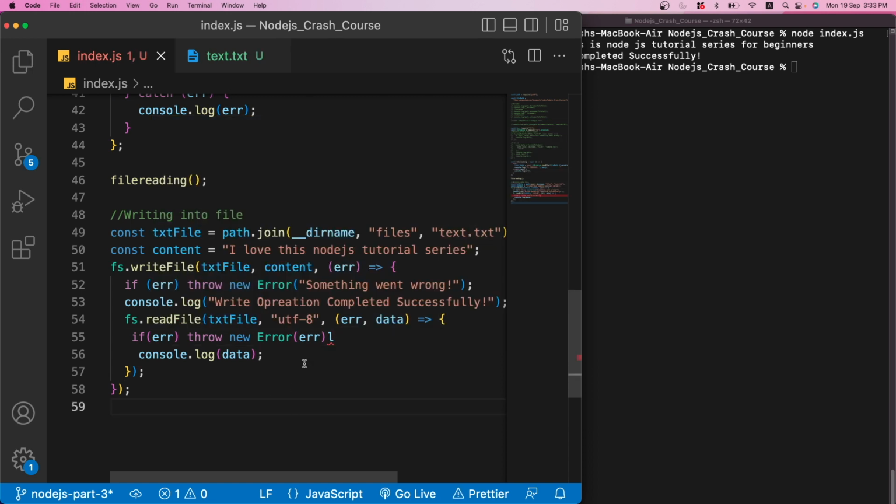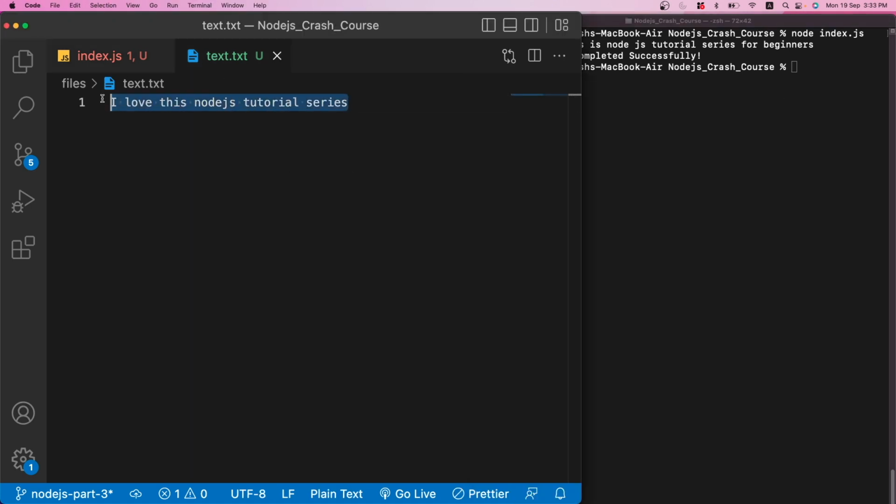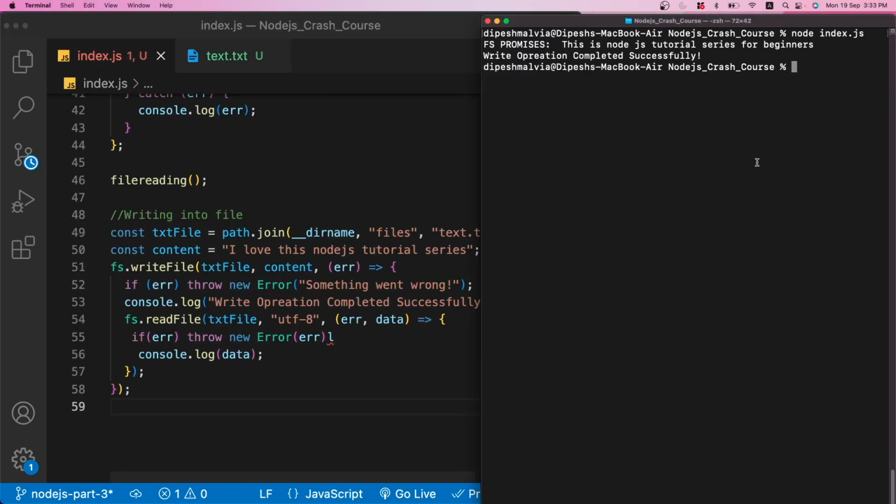All right, now you will see that we have a callback function inside one more callback. So first we do the write operation, and then we do the read operation. So if I want to check that, I'm going to remove this because otherwise it's going to write twice in the same file. Now if I run it,